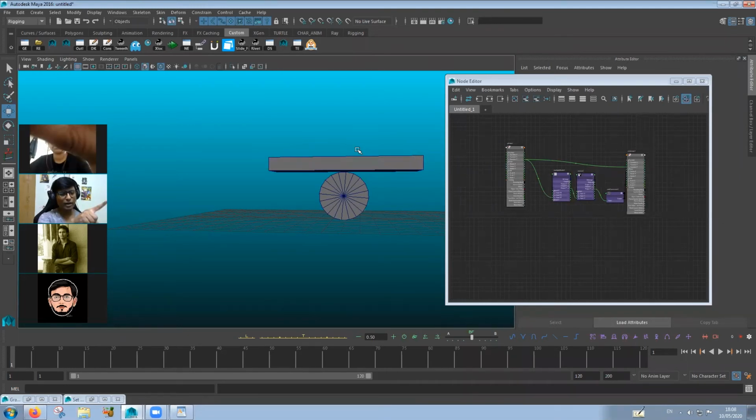Connect one translation to another, connect one scale to another, connect different scales. For example, connect translation to scale and see what happens. Connect translation to scale and put a reverse node in it and see what happens. I want you guys to experiment and find out what you can do, what the limit is of what you can push this to.